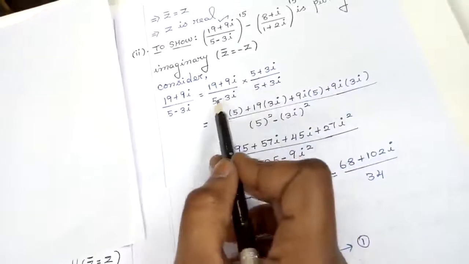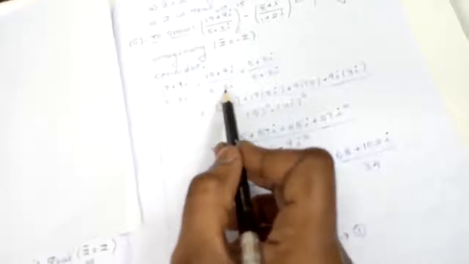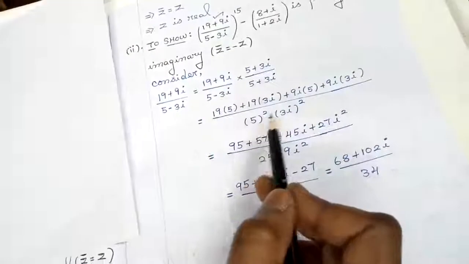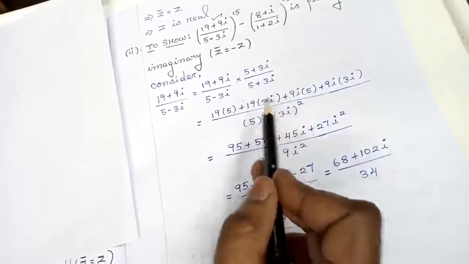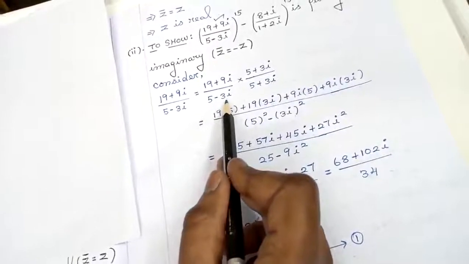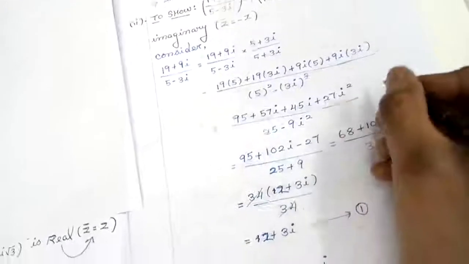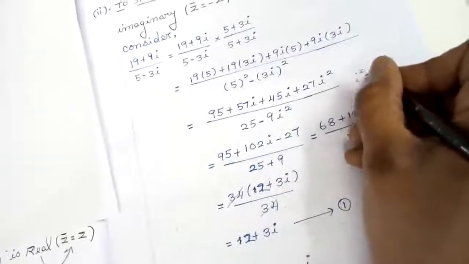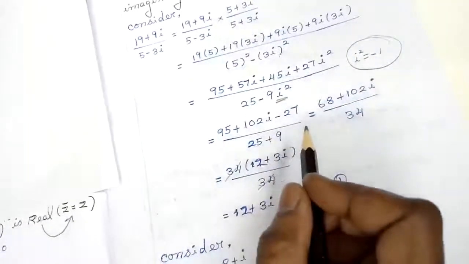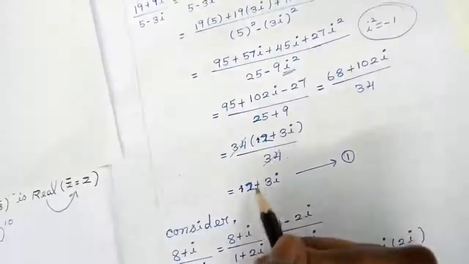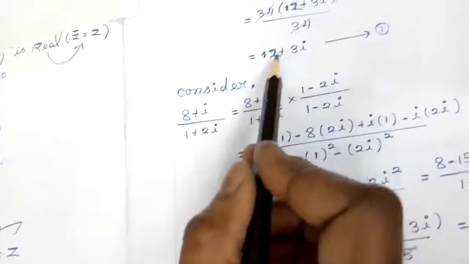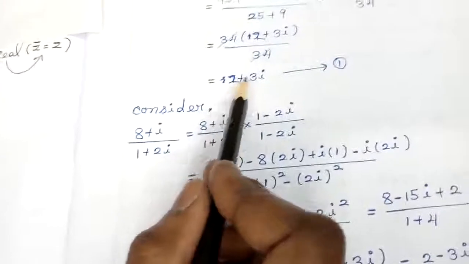In the denominator, if you notice, you have the form a minus b into a plus b. This can be written as a square minus b square. In place of a you have 5. In place of b I am going to take 3i. The value of i square is minus 1. You replace this in the denominator part. Calculate here, students. You will get the answer as 2 plus 3i. Simplifying the fraction, I am getting it in this form, that is 2 plus 3i.